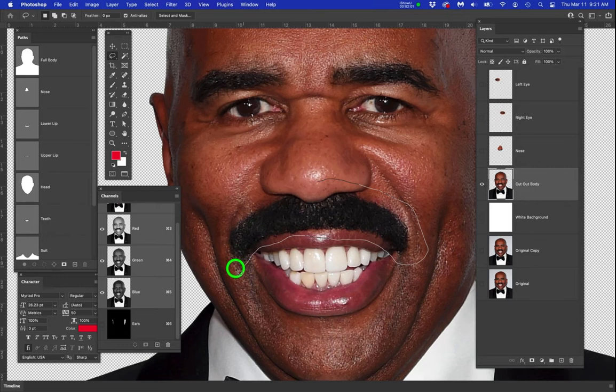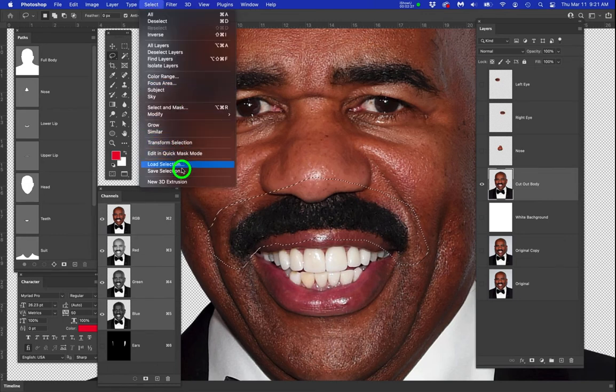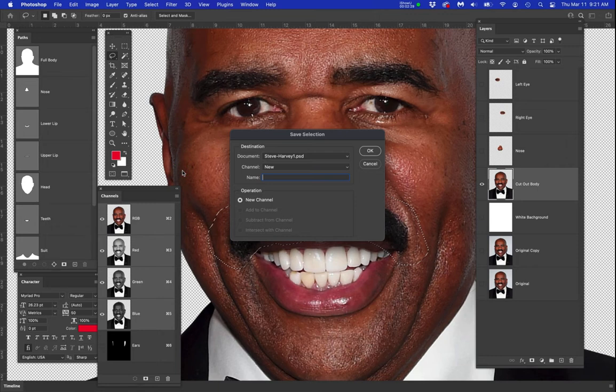Okay, like this. And I'll show you even now how I came too close to the bottom right here. So if I just add the Shift key to the lasso, look at how I can increase that. Now if I wanted to, this is where channels comes in. Okay, if I wanted to, because I made a kind of custom thing, I don't know if I'll ever use it again, but I just want to show you that if I go to Select and save that selection as mustache,